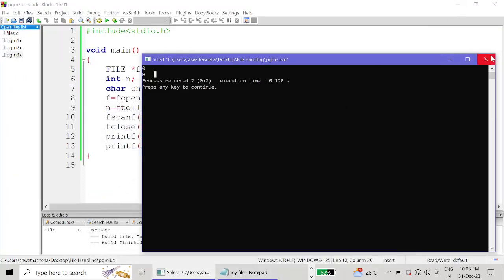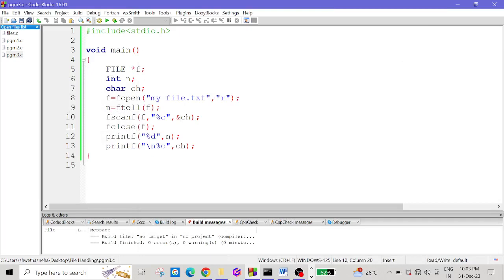Now, this is how we can use the ftell function to read the current position. Now the second function is rewind, isn't it? Using rewind we can make the position at the beginning. So before going to rewind, let's see about the fseek function. Okay, so what I'm trying to do is I will use the fseek function